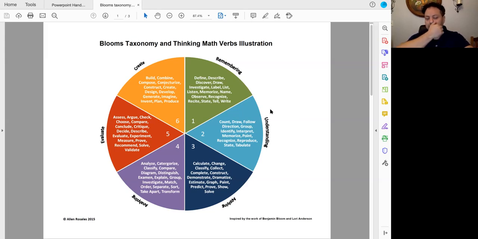And when you use Bloom's taxonomy, you'll see that there's 6 parts to it. 1 to 6 basically moves from lower level thinking to higher level thinking. So being able to listen to something is really important, but it's not critical thinking, right? But when you have to conjecture or create and design and generate, that's critical thinking. So that's at a 6.